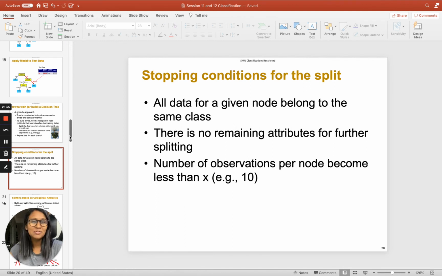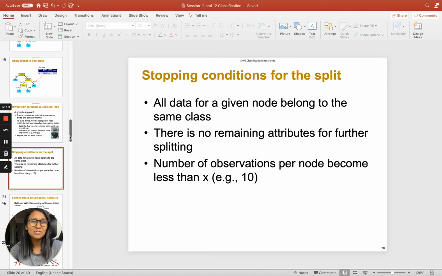So you may wonder, how do you know when it's time to stop splitting? These are what are known as the stopping conditions for a split. In case you split the node and as a result you get a pure node, what I mean by a pure node is when all the observations belong to the same class. So for example, in the case of going out to play or not, when all the records in a given node correspond to a value of no, then you know that it doesn't make sense to split any further. The other reason could be that there are no remaining attributes which could further help you split.